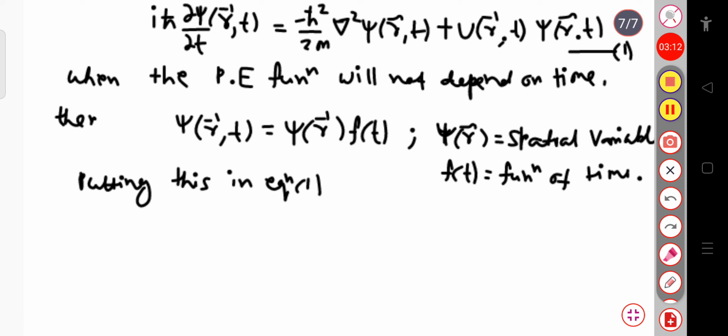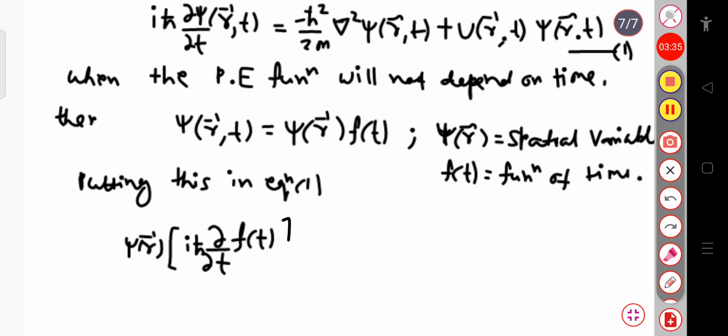Since here you can see the partial derivative with respect to t, you have to take it with respect to t. So here we can consider psi of r to be constant, so it can be taken outside. So I will write psi of r here into iota ħ ∂/∂t of